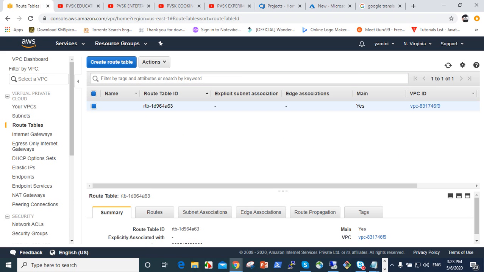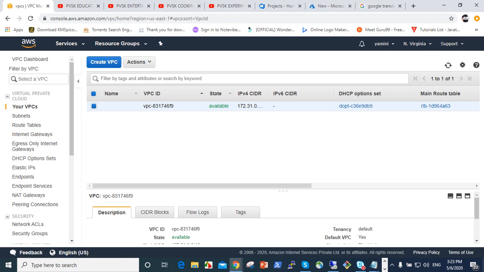We can use only this route table for that purpose. The remaining ones are chosen for security purposes in a custom way. So you can choose a custom VPC, virtual private cloud.